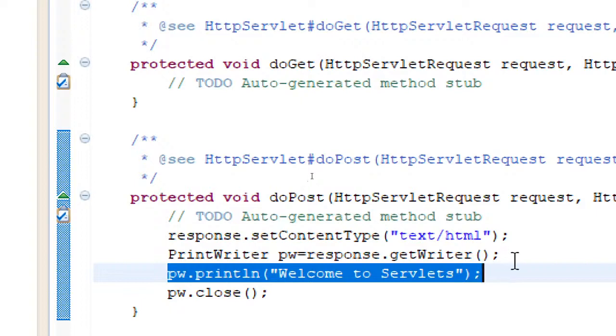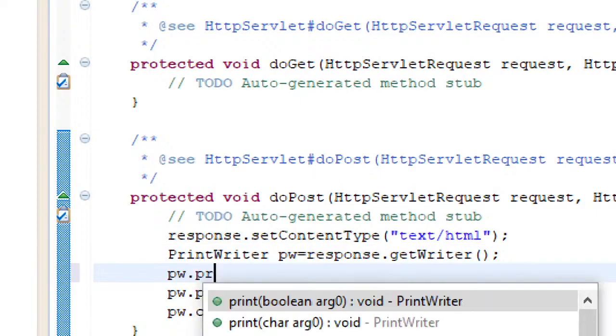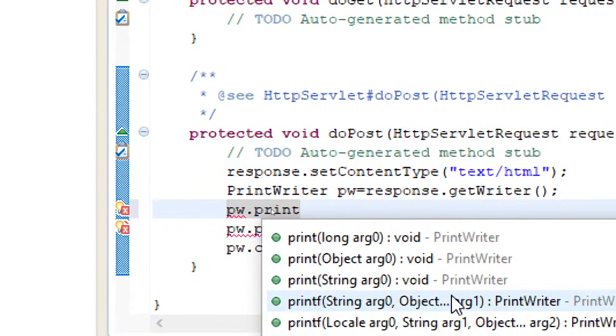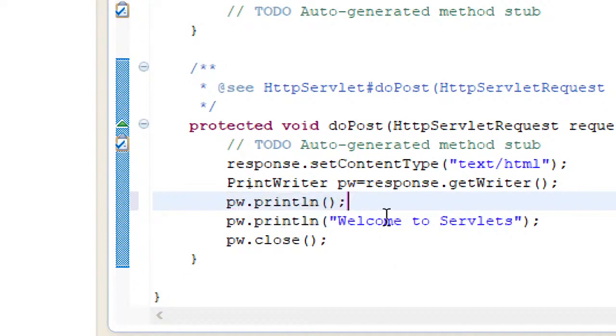I'll put this in println, and within this, anyway we require double quotes, and here I'll be using html and then the body tag, and the same thing again I need to close it.